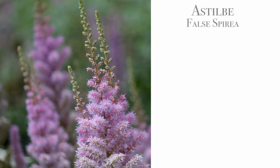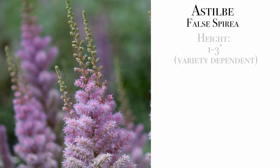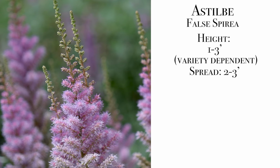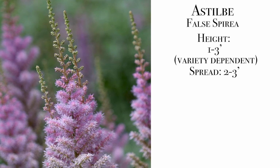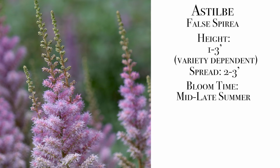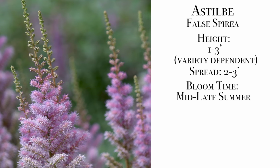So here's some more information on astilbes. Astilbe is also known as false spirea, and it grows anywhere between 1 to 3 feet tall. This is going to depend on the variety, and 2 to 3 feet wide, same thing. It blooms from mid to late summer. So the bloom time isn't super long, but you can leave those blooms up, or I like to cut them